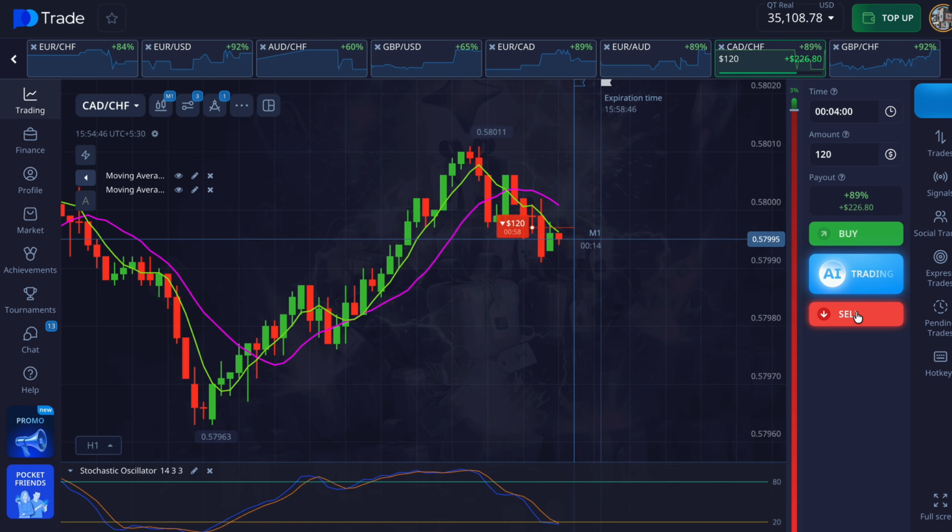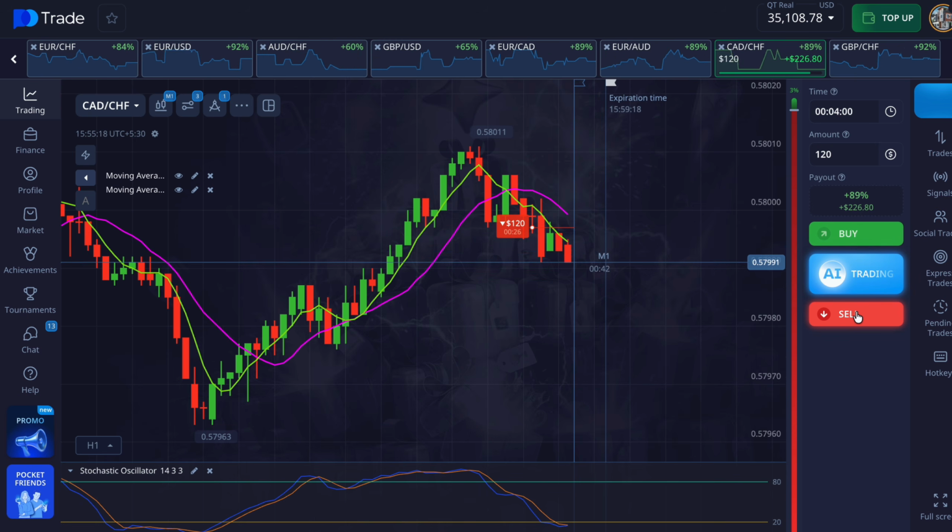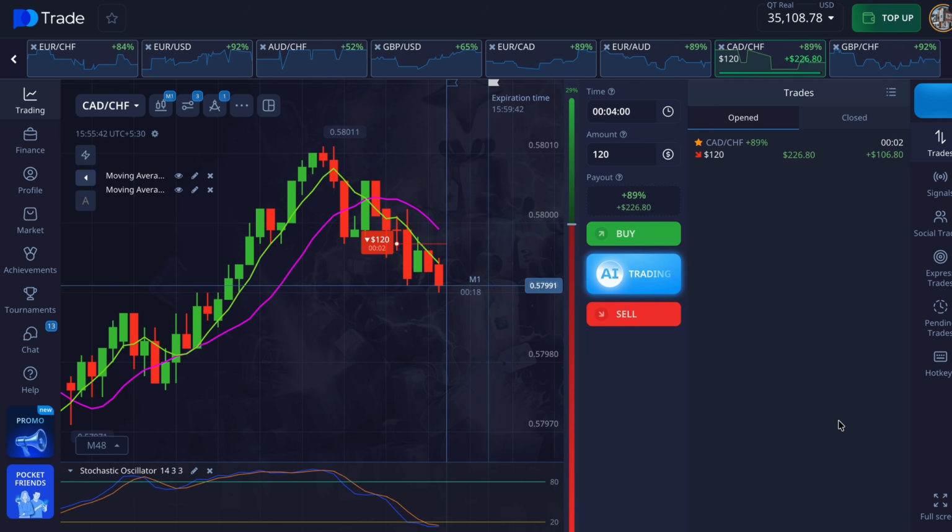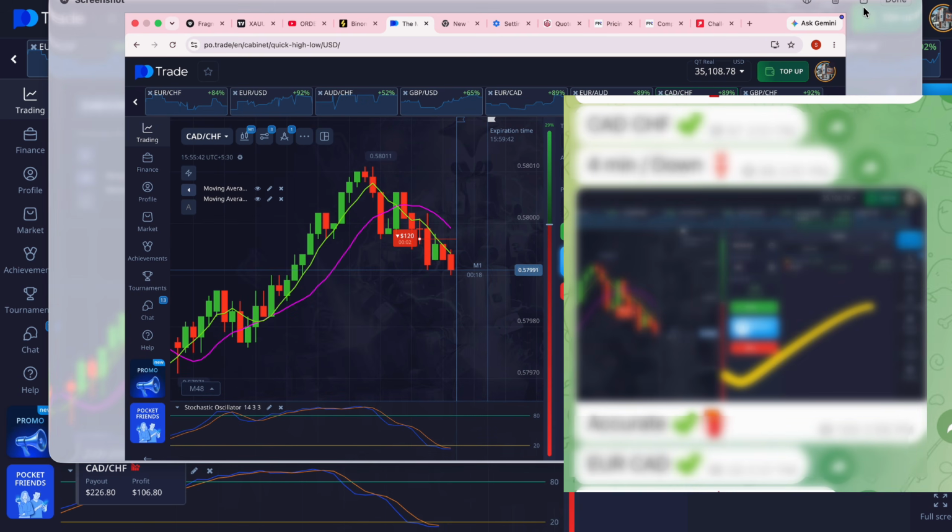So let's see how it plays out. As you can see, the setup worked well in this example,